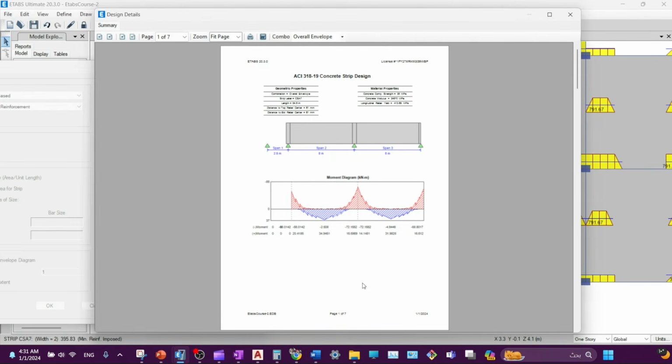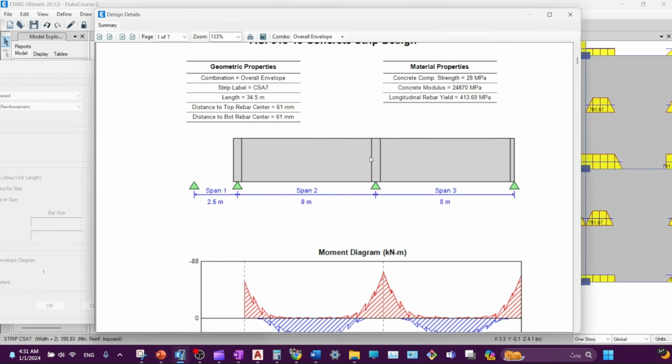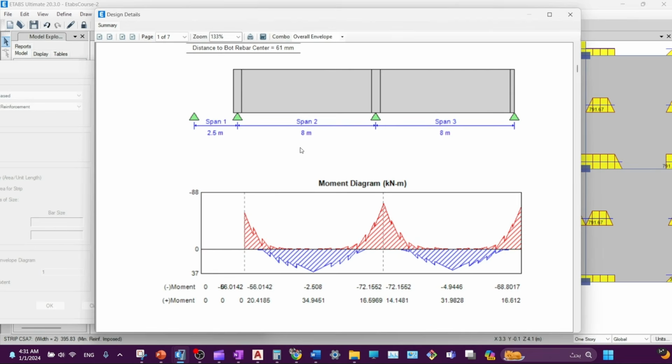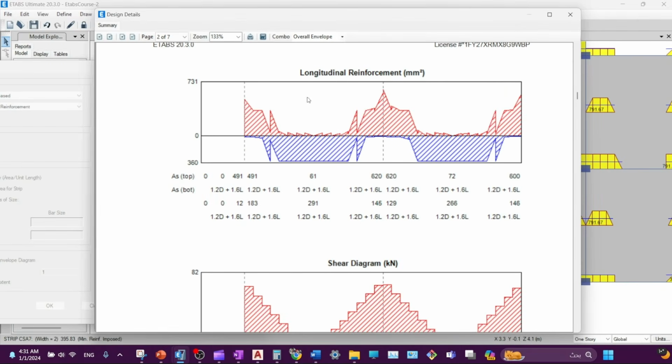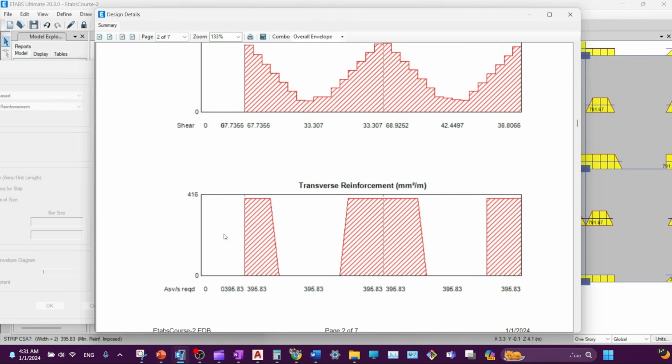If you click on it, you can see these diagrams. So here is the moment, and you can see all the details. This is the length, and this is the distance to rebar center, and here are the other factors. And you can see down the longitudinal reinforcement in addition to the shear diagram. So our shear maximum is 67 kilonewton, and here is the transverse millimeter square per meter,